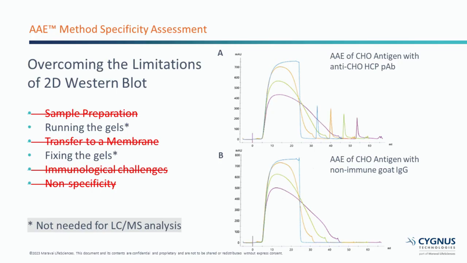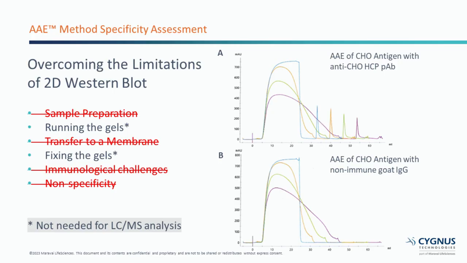So here on the right, you can see two panels, A and B. Panel A shows the chromatogram of the CHO antigen bound to the column with CHO antibody. We load CHO antigen on the column, and you can see there's a big peak on the left, and then we do AAE for 4 cycles, and for each cycle we can see